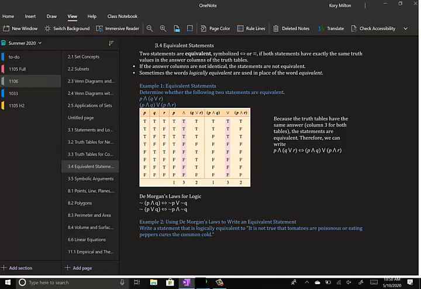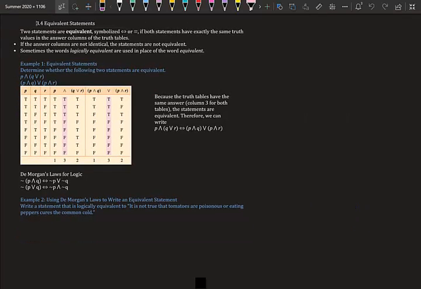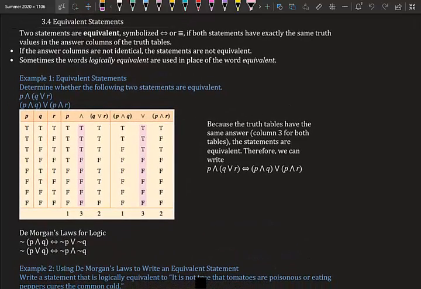3.4 Equivalent statements. So, more truth tables, and how can we determine if two statements are equivalent using a truth table? It's like saying 1/2 and 2/4. They mean the same thing, they're equivalent. So how do we put that into a broader spectrum of how I can make an equivalent sentence with truth tables? Two statements are equivalent, symbolized by a double arrow, or 3 lines,